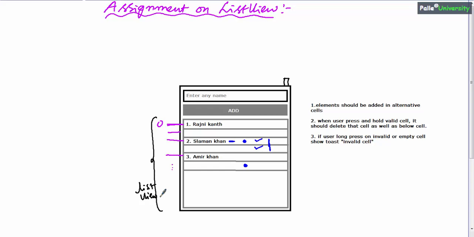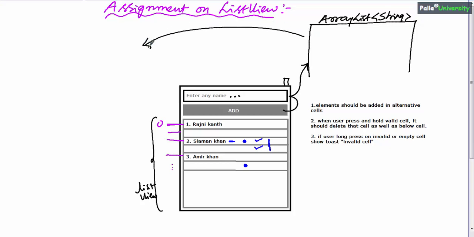Coming back to the architecture of this application, when the user enters any name in the edit text box and clicks the add button, this element should be added to an array list. Here, let me take an array list of strings because names are strings. After inserting elements into the array list, we have to notify the array adapter.